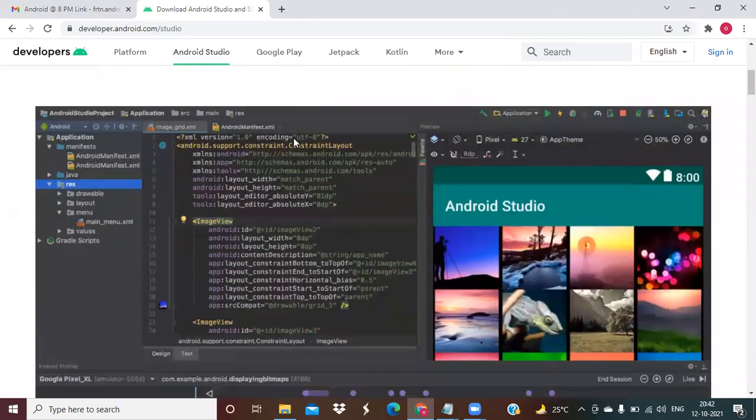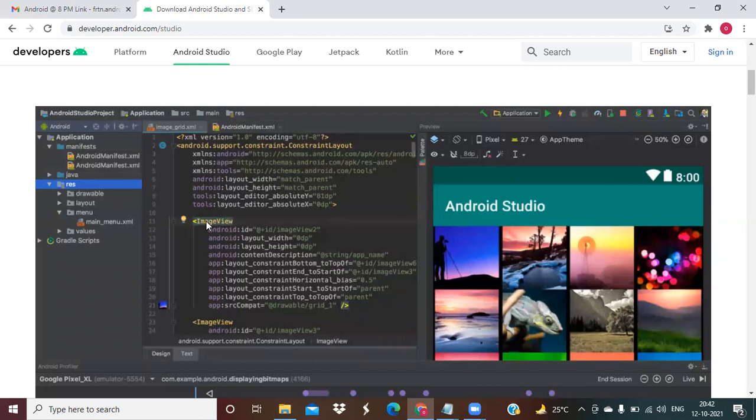Here you can see there is a constraint layout: xmlns:android, xmlns:app, xmlns:tools. Without the xmlns:android schema, you can't even create a single property. Android layout width, Android layout height, there are some values.